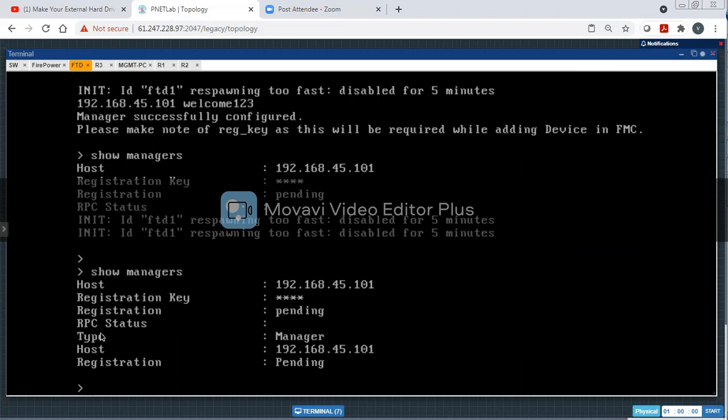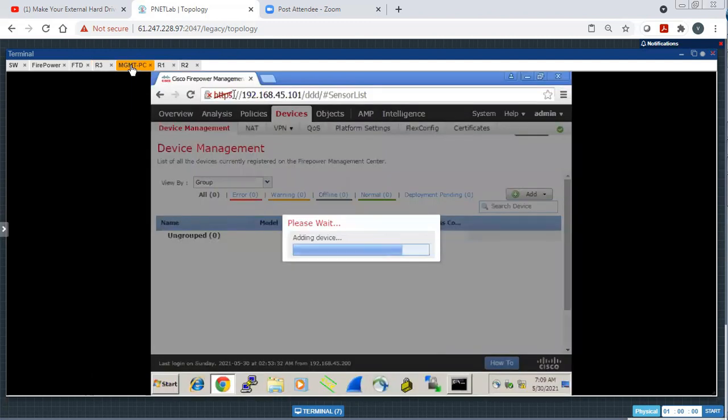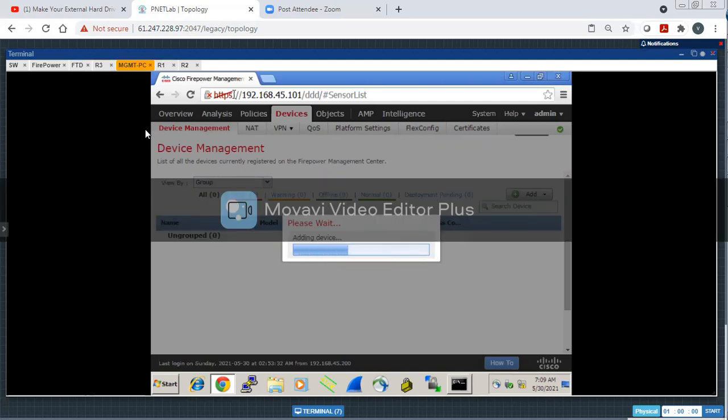It is now talking about the type, host, registration pending. One thing to keep in mind, we actually need to be a little bit more patient while working on these devices. They might consume a little bit more time here.